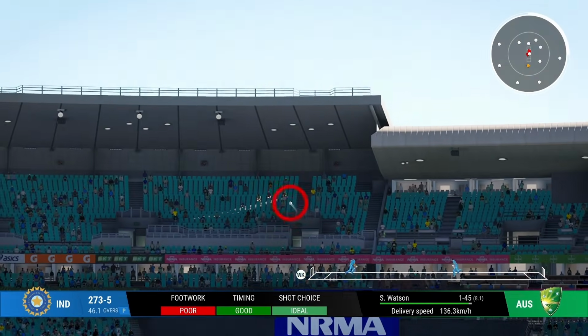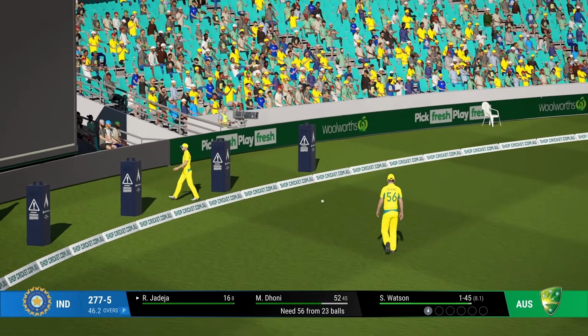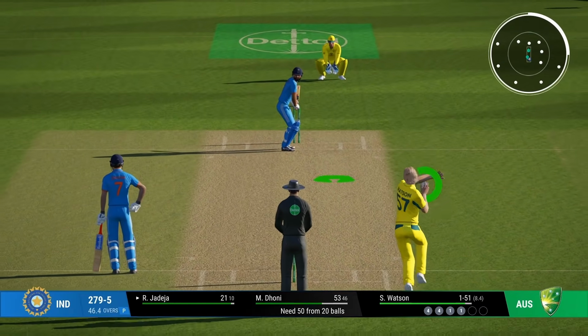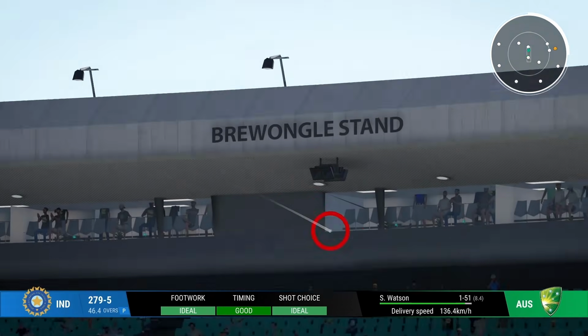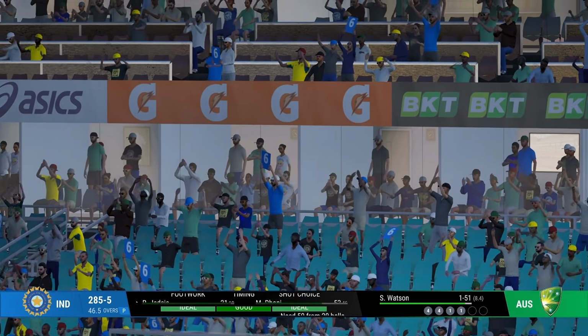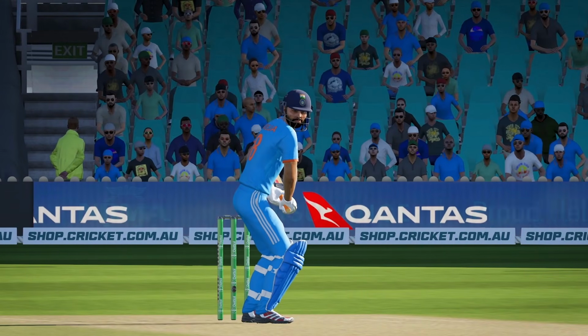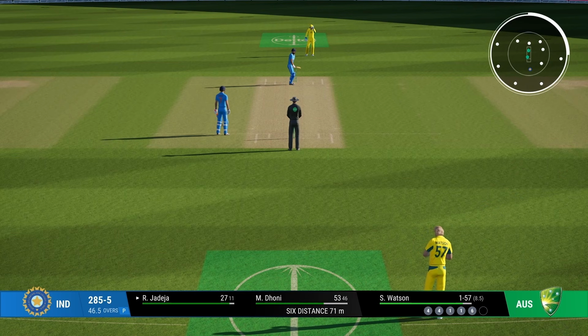Full hit straight again, and I think once again he'll jump and stop it. He'll stop it but goes outside the rope for no reason. That's big. Room given. That was slow, and Jadeja, that is 6. 2 fours and a 6. Now this over has brought us some hope back. We were painfully slow before this.